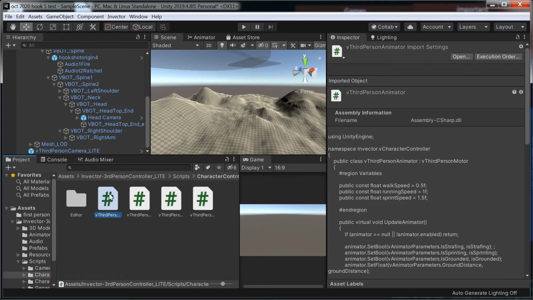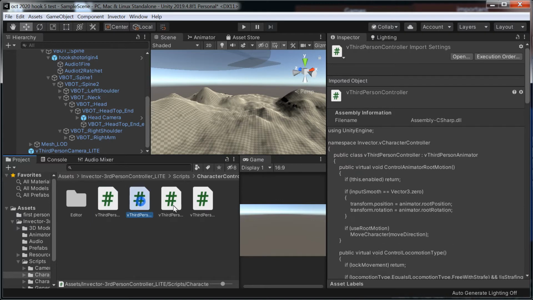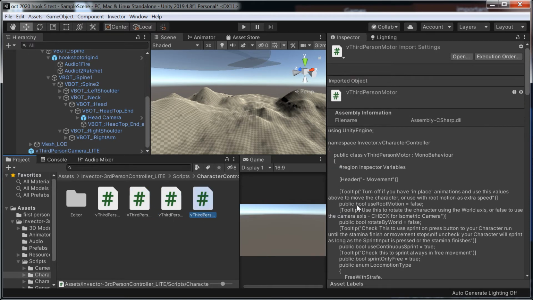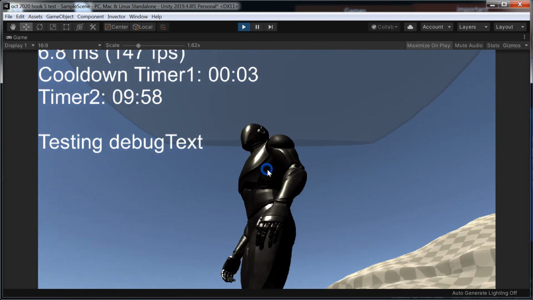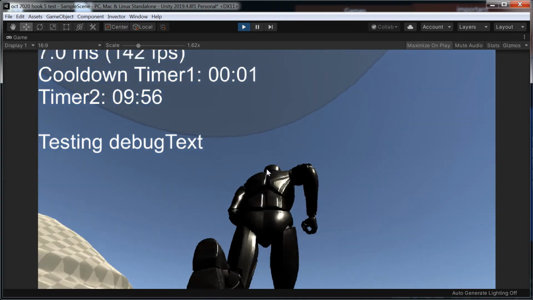We don't need to bother with the animator. We're not going anywhere near that. We just need to go to these three and put some various things in to switch off Invector whilst we're doing the flying. Otherwise, what happens is if we fire it,